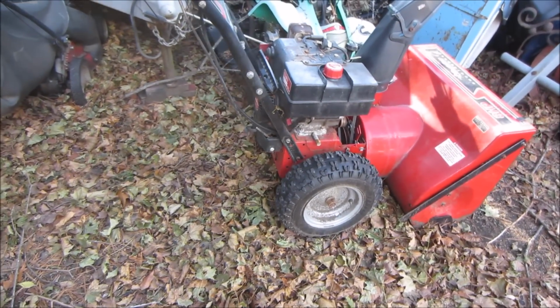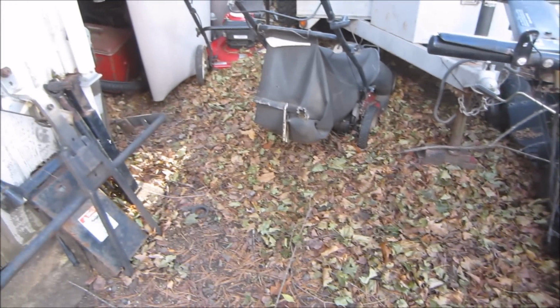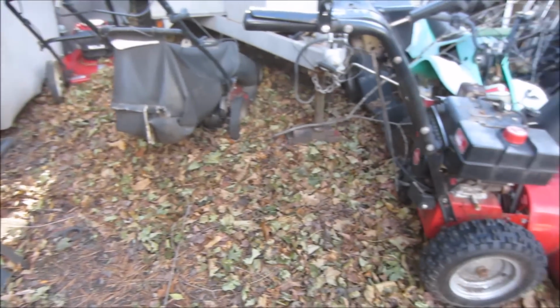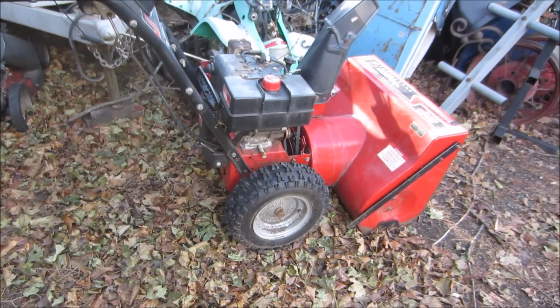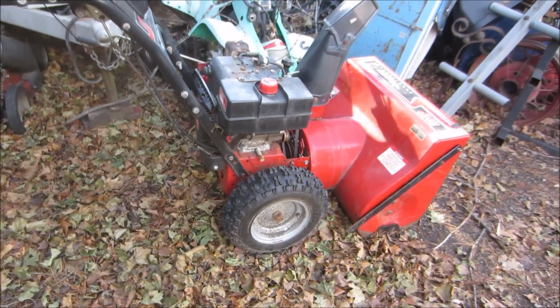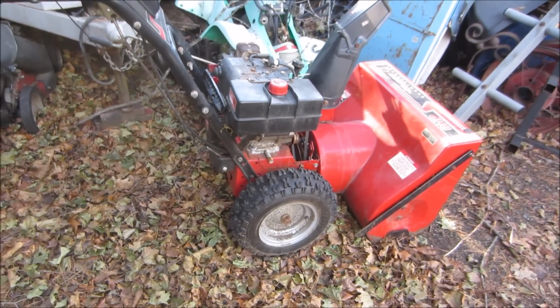I'm trying to clean up all the stuff that I gathered over the course of the summertime. It seems like it kind of builds up in front of the garage door. So, snow's not that far away and I want to take some time to clean up some of the crap that is here. And one of the machines is this